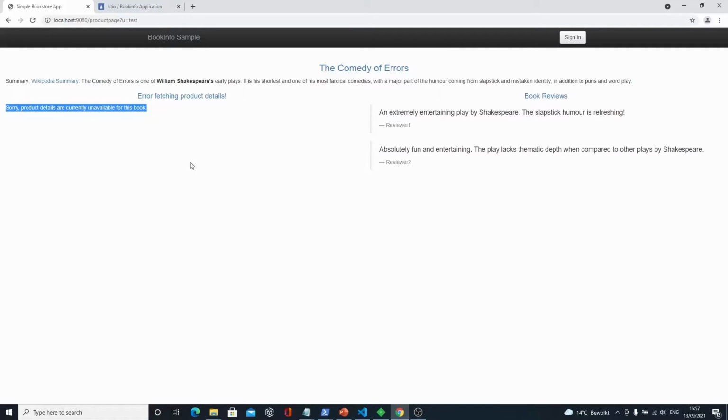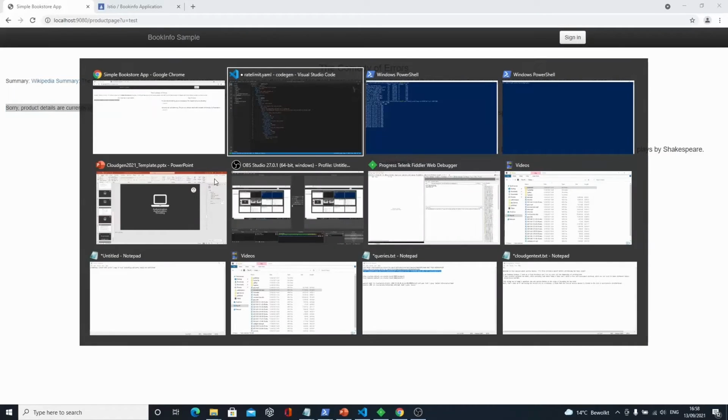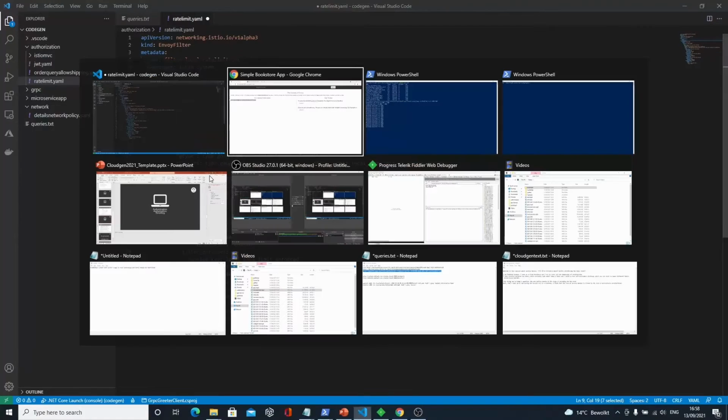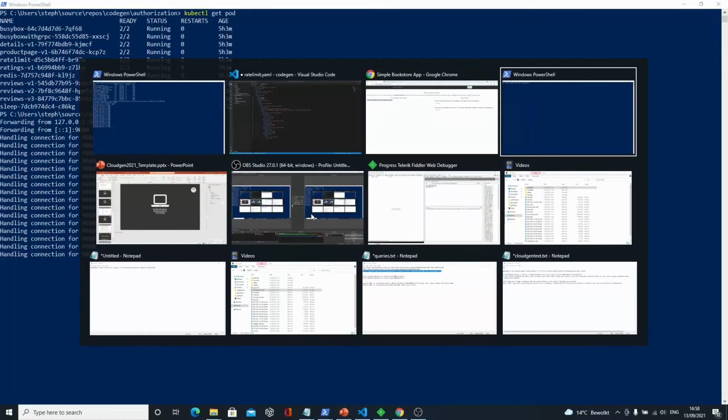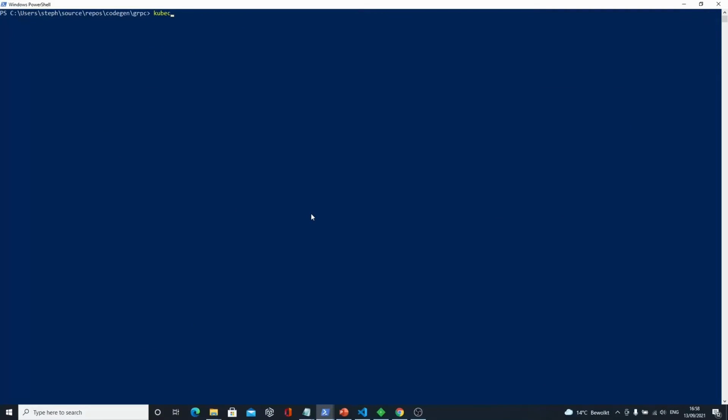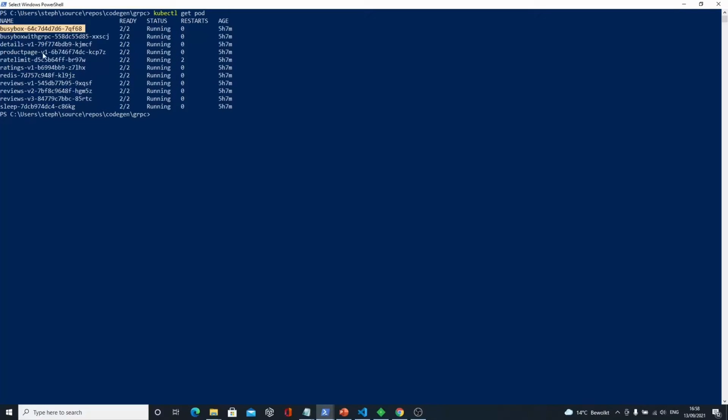So that's their app. I didn't do anything code-wise, let's say. They just detected that all of a sudden they can't contact this detail service anymore. And that's because my throttling policy entered into play. We can see that in a clearer way if I go to a busybox. So let me relist my pod. You see that I've got some busybox that I call.